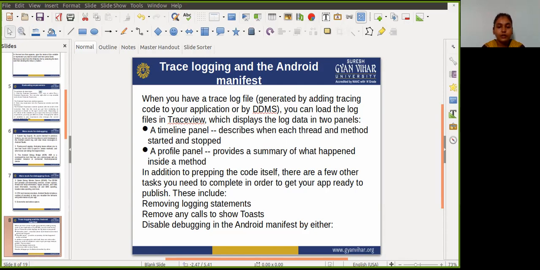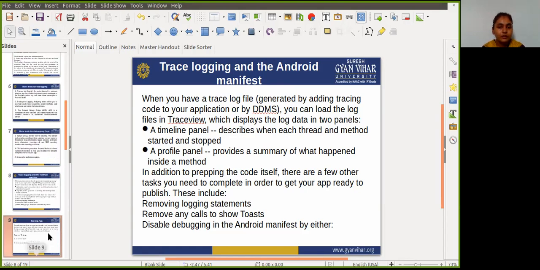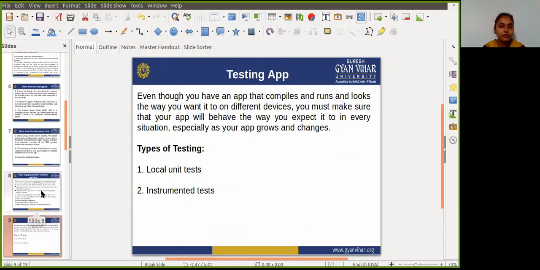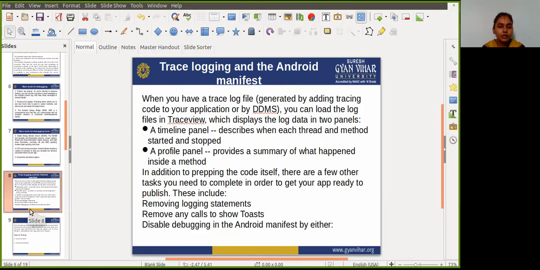there are a few other tasks you need to complete in order to get your app ready to publish. These include removing any logging statements.